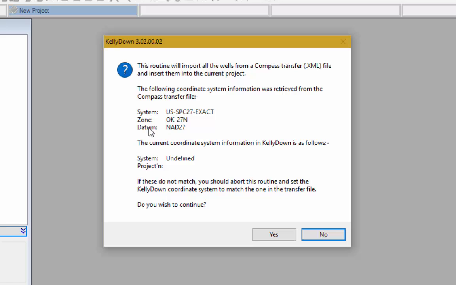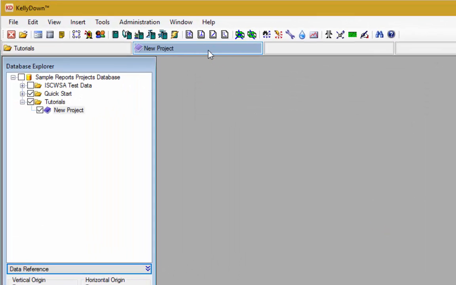It's displayed the coordinate system it found in Compass, which is NAD 27. It's a state plane coordinate, and it's the Oklahoma 27 North Zone. Currently, the coordinate system in KellyDown is set as undefined. So these two don't match. So first we need to answer no, and then set the coordinate system in KellyDown to the same as in